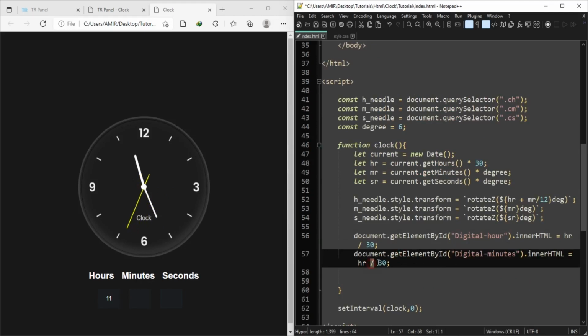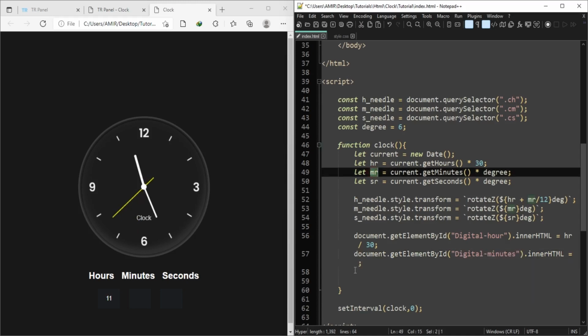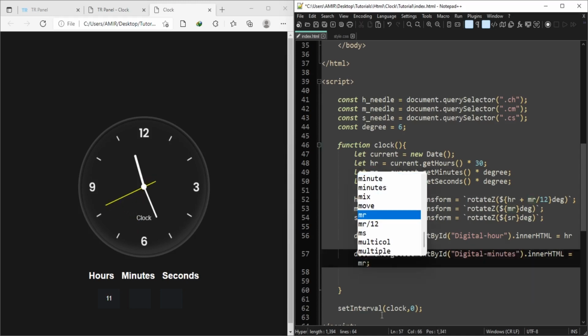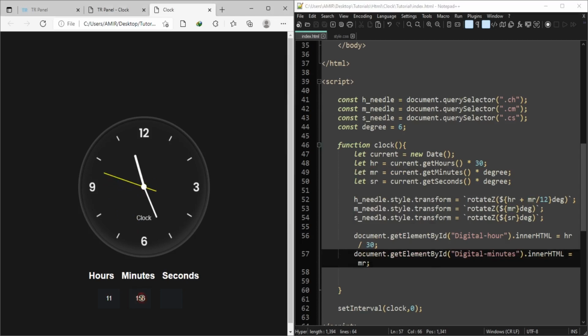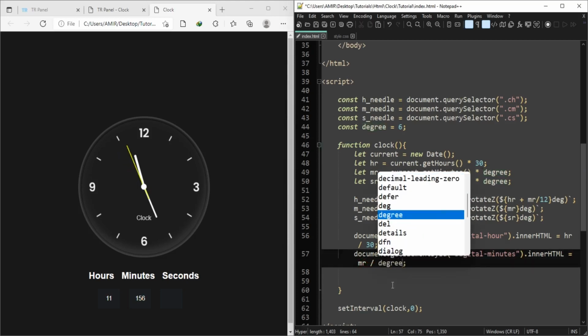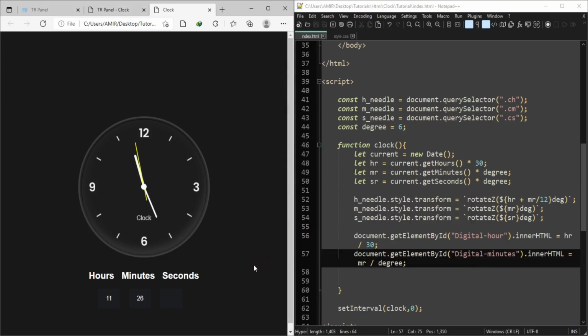Now change this variable to this minute rotation variable. You can see it is giving you minute rotation because we multiplied by degree, so we again need to divide by degree. Now it is giving you the correct minute.